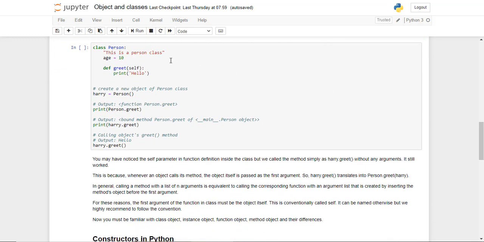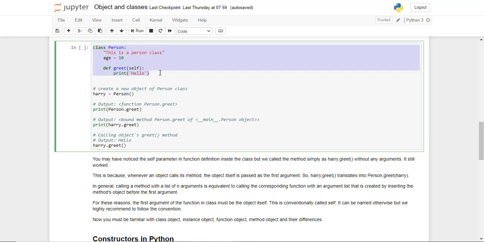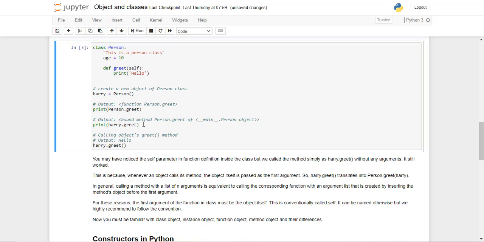So we are just putting the code together. We've already defined the class in the upper segment, but we can do it again here, and then say Harry is a person, an object of the class person. Once you've done that, we can always say Harry.greet, and in this case what's going to happen is we're going to use the object Harry and invoke or call the function greet. Let's run these cells and take a look.